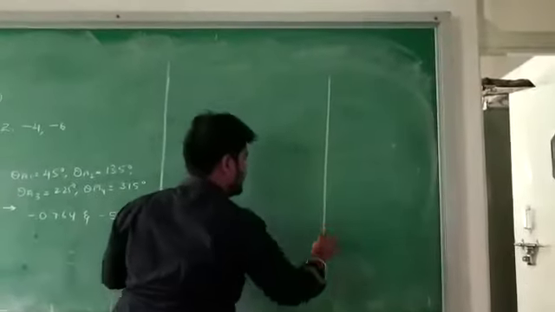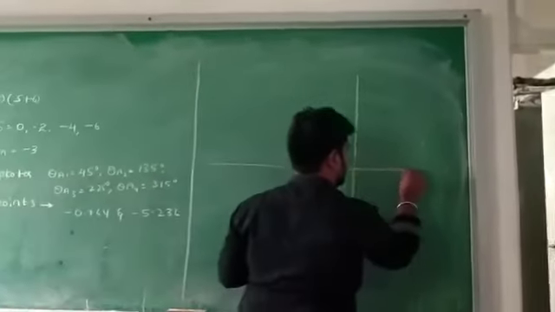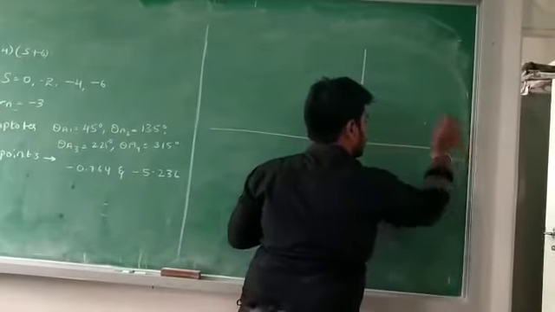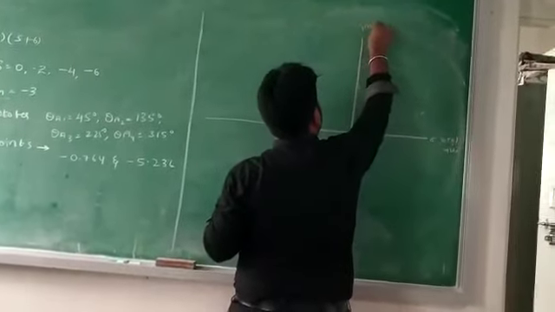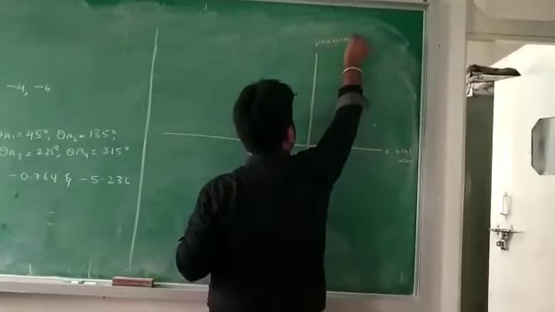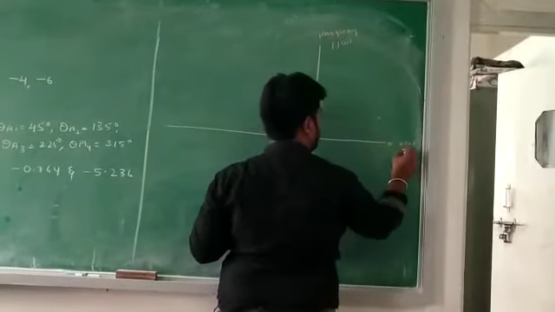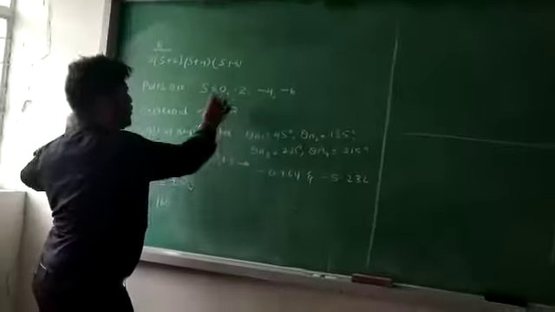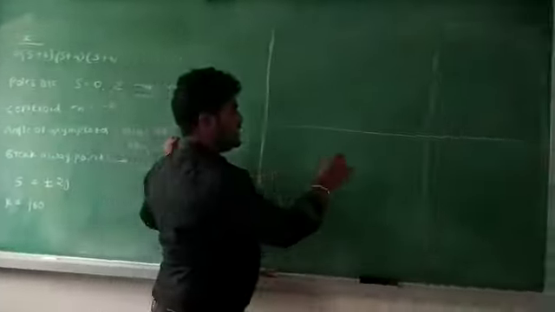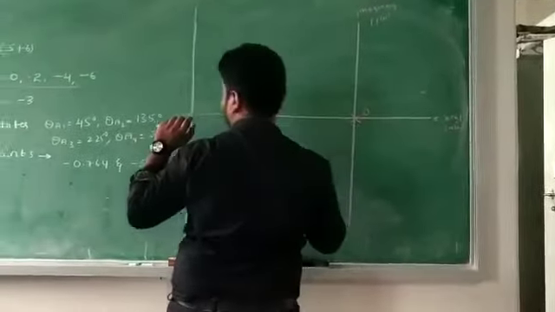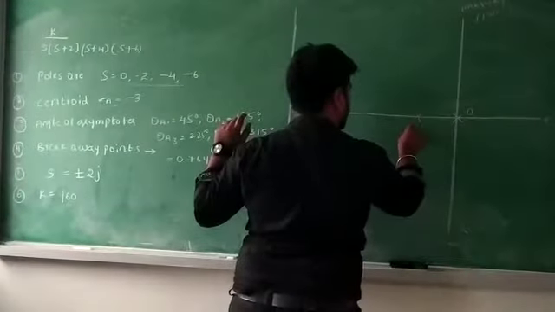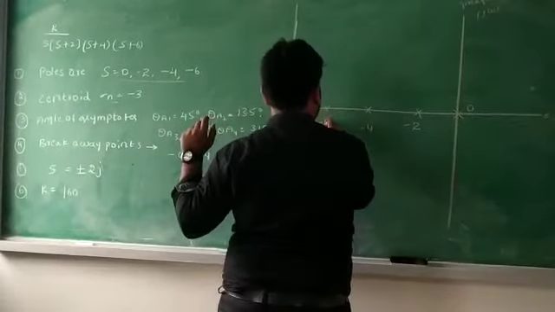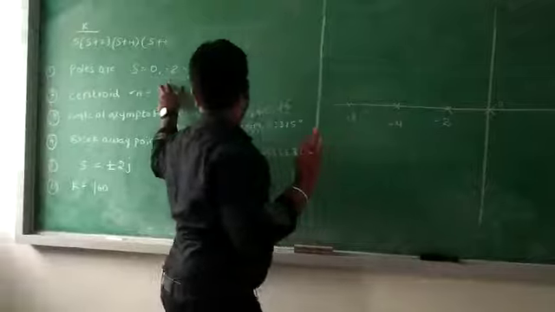Now you can draw the lines for the xy axis. This is called the sigma real axis, and here you take the imaginary axis, that is the j omega axis. This is simple, a real and an imaginary axis. After that, we take all the points. How many poles are present? First, I will take 0 as a pole, so I start at 0. Next is minus 2, next minus 4, and next minus 6. These are the four important poles.